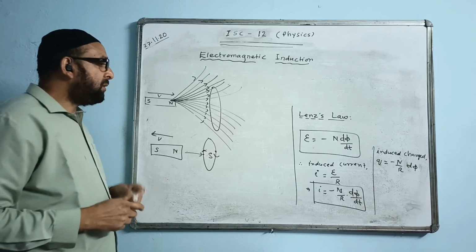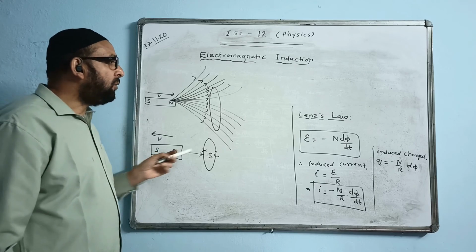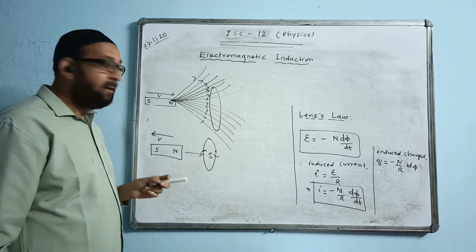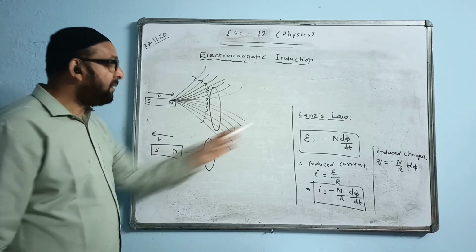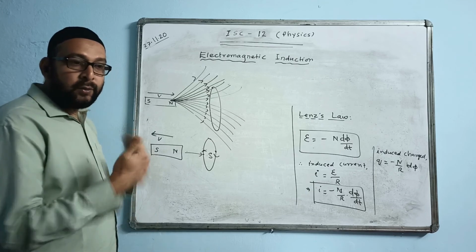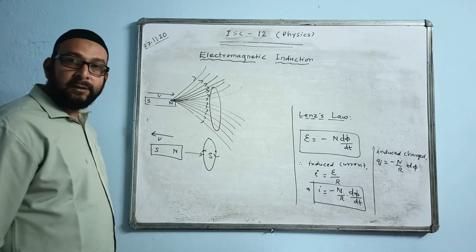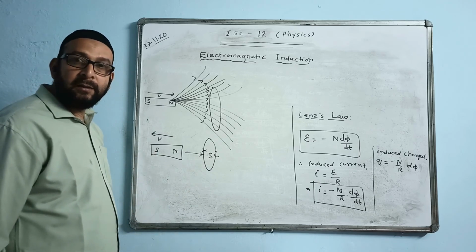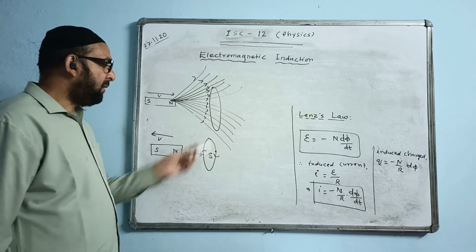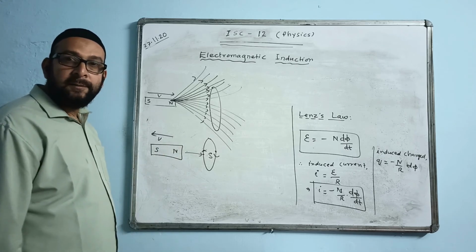So this is what we used to do in class 10. And what law do we follow to find the direction of current in this coil by the motion of this magnet? The name of the law is Lenz's law. We are opposing the motion, the kinetic energy or mechanical energy of this magnet, by having a pole created there. And then there will be a current generated there. The direction of current we find this way, as simple as that.